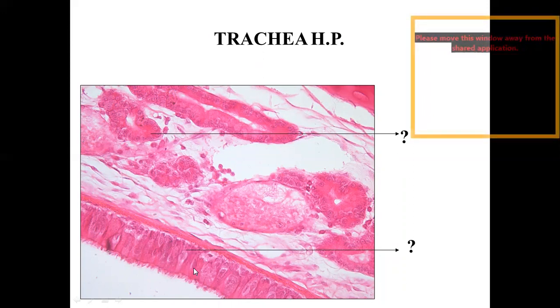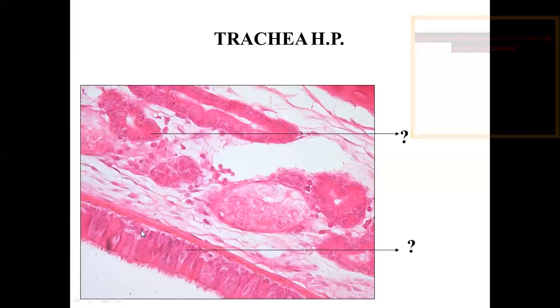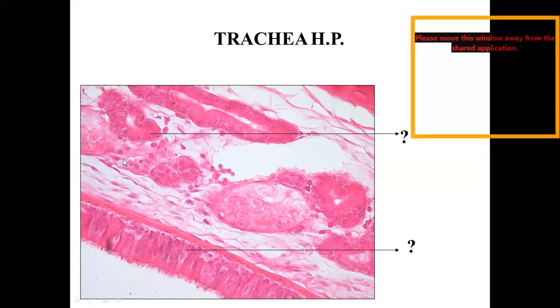Now the trachea has many cells: ciliated cells forming most of the part, then basal cells, then brush cells, and goblet cells which produce mucus. So here you can make out the epithelial lining, the ciliated cells and the goblet cell. Also some basal cells you can make out here, which act as stem cells for the rest of the cells. Then here you can make out the serous acini, the serous gland producing the secretion. So these two structures in the slide you can make out.